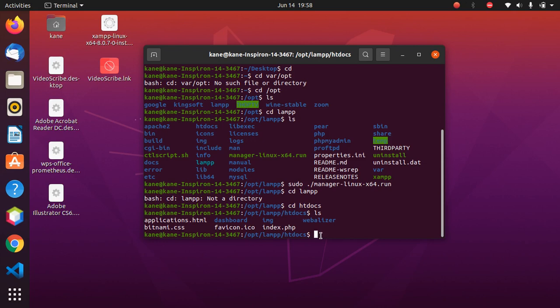So yeah, that's it for this video. In this way you can install XAMPP in Ubuntu 20.04, and remember that XAMPP can only be installed on 64-bit systems. Even if you are using a 32-bit system, then there is no need for you to worry. You can easily install Apache server, you can easily install MySQL server, and then the process is the same. You can check that blog or video on YouTube from any other YouTube channel, or even from my YouTube channel as well.